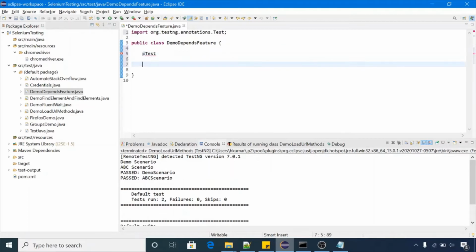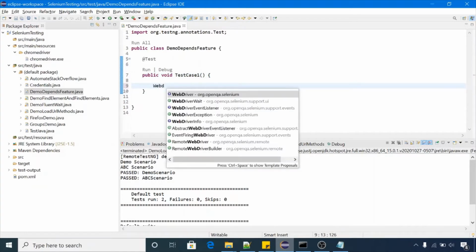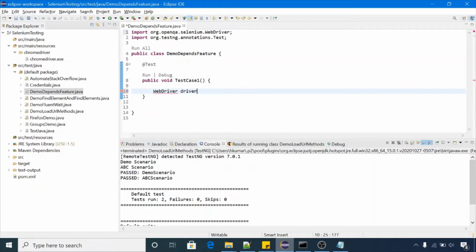First test case: public void testCase1. In this we will launch the Chrome browser and open a website, so I will get one driver object here: driver is equal to new ChromeDriver.